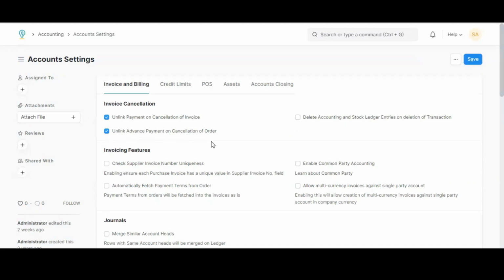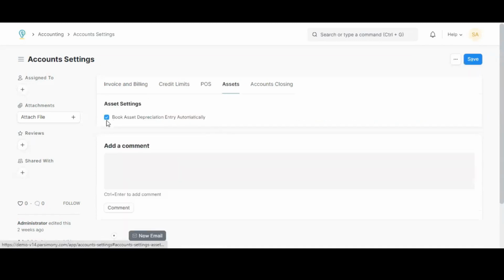Next, unlink advance payment on cancellation of order. This is just the same as unlink payment on cancellation of invoice. The only difference is that it's for advance payment and a sales order. Book asset depreciation entry automatically. When this is ticked, it will create an automatic recurring entry based on your desired period, like monthly or yearly,